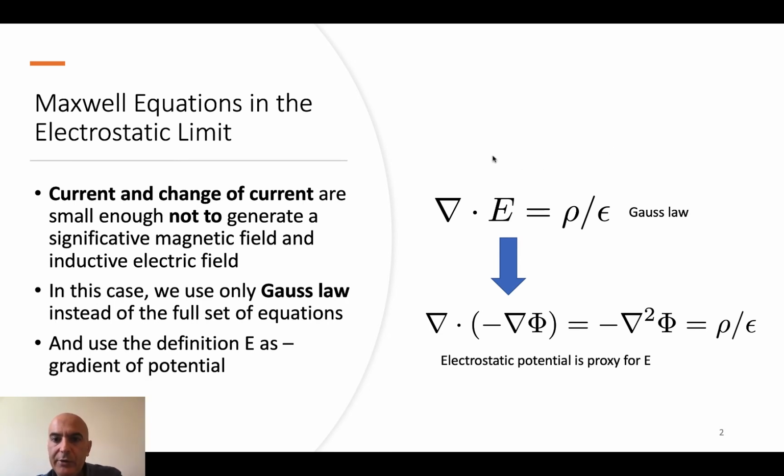We start from the Gauss law, the divergence of E equal to rho over epsilon. By applying the definition of E as minus the gradient of potential phi, we can take the divergence of minus the gradient of phi, that is equal to minus the Laplacian of phi. So we just use this identity of the numbers. The Poisson equation is Laplacian of phi equal to minus rho over epsilon. And in this lecture, we're going to learn how to solve these Poisson equations on a grid using the finite